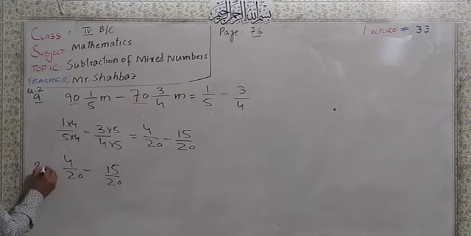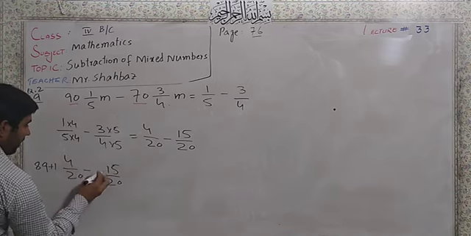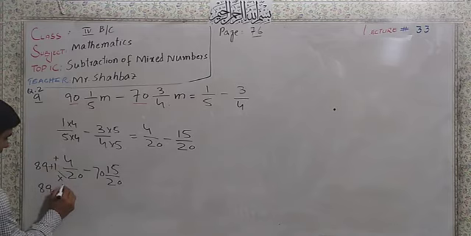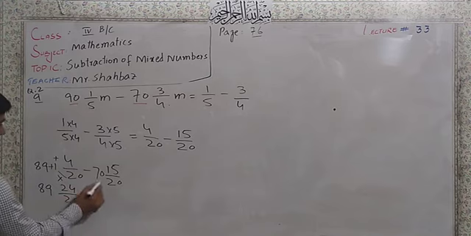89 plus 1. 89 plus 1 means 90. This is 90. And we can write this the same as it is. 70. So you must know that we multiply 20 by 1 and add 4. It will be 24. We can write this one as 89. 20 ones are 20 and plus 4 will be 24, and you can write this in fraction. And it will be the same as it is.